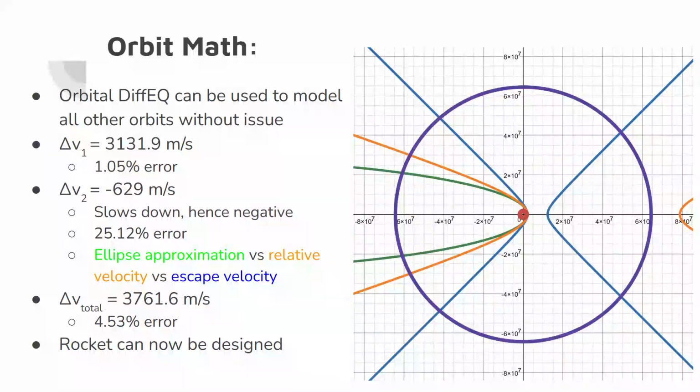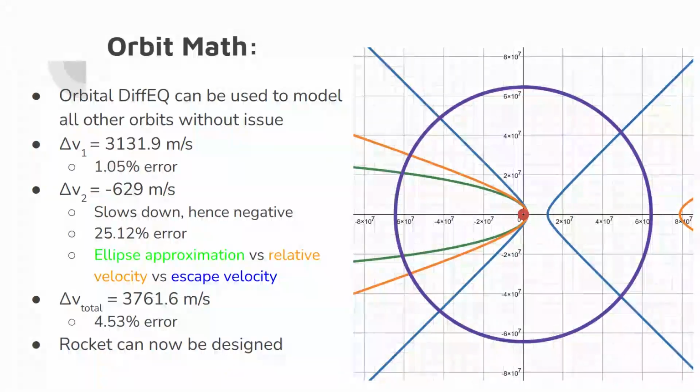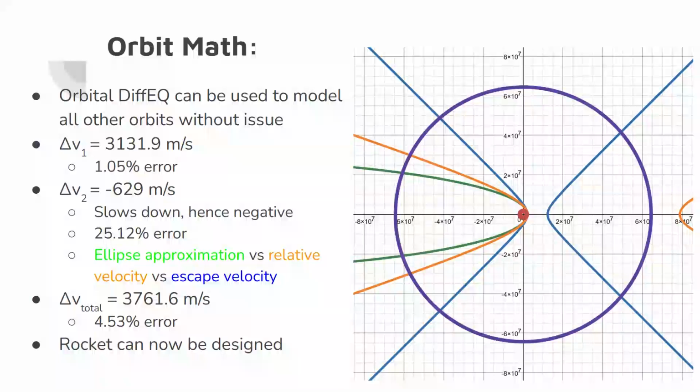So when I saw this, I decided to see what I could do to make this value get closer to real life. So the first thing I tried was that the ESA study mentioned that they calculated their value from subtracting the velocity of the moon around Earth by the velocity of the spacecraft at the point of interception. I tried that, and that was what I got in the orange orbit, which is better, but still had over